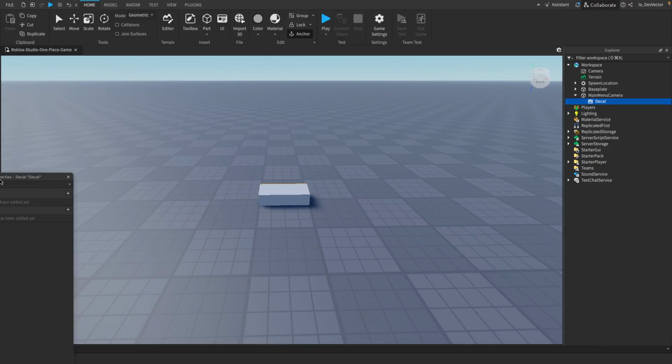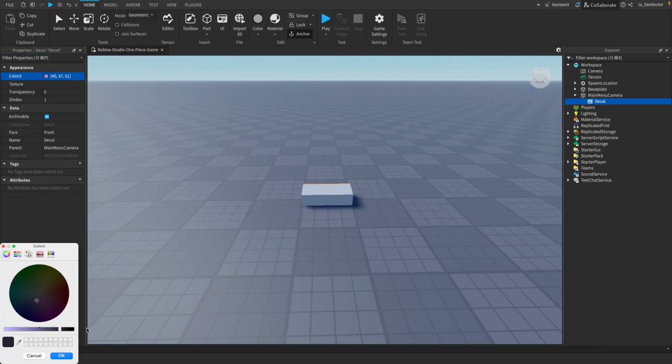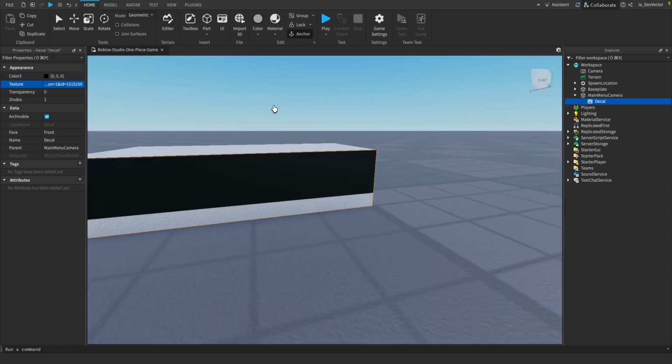You're going to want to set the decal's color to like a black. There's something there. Alright, this is just telling me that this is the way that the camera is going to be pointing. Okay,